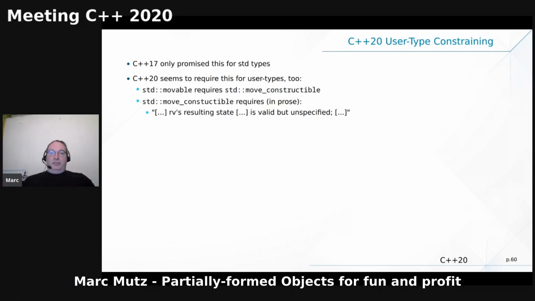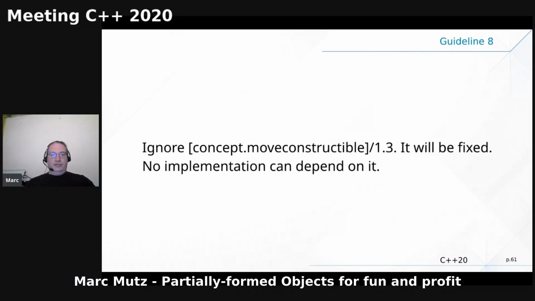Yeah. This clause has many more problems. For example, it talks about equality when comparable isn't even required, and it will be fixed. So for now, concept move_constructible /1.3 can be ignored. It will be fixed, and no implementation can depend on this. Don't be scared about this. This does not mean that you can no longer write the vector and index struct. That's nonsense. But if we analyze this a bit deeper and look at what std::movable also